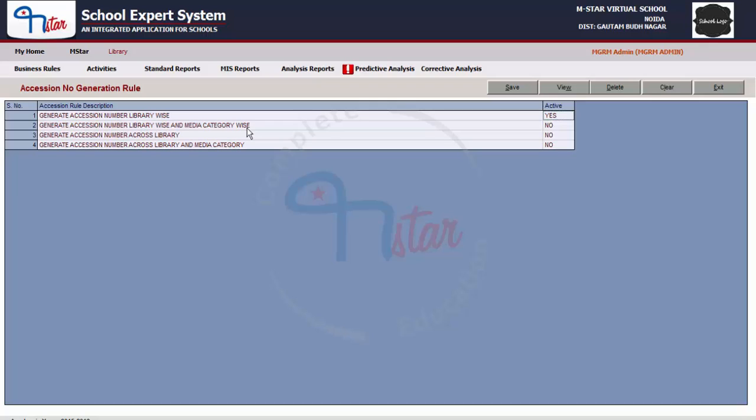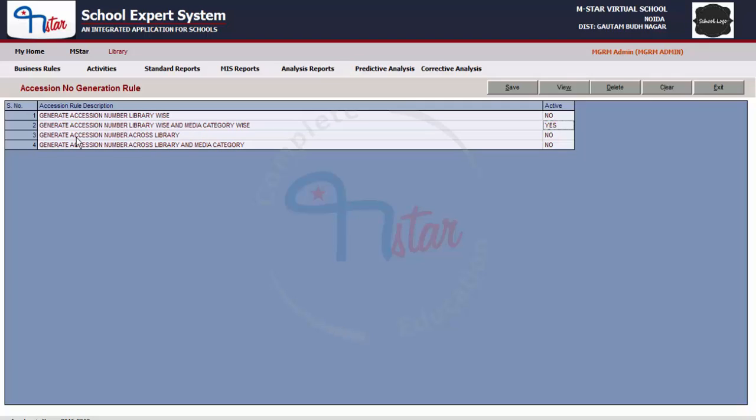So in case we have books, CDs, etc., then within a library all books will have one sequential accession number and all CDs will have another sequential accession number, and the other library will have an independent series also. Again, to make this applicable, click on No and it becomes Yes. So out of these, only one rule is applicable at one point of time.